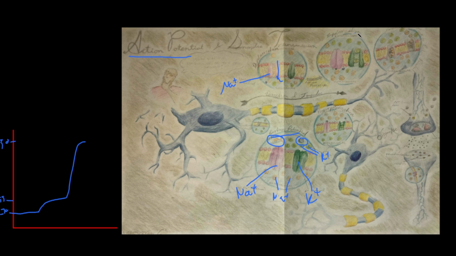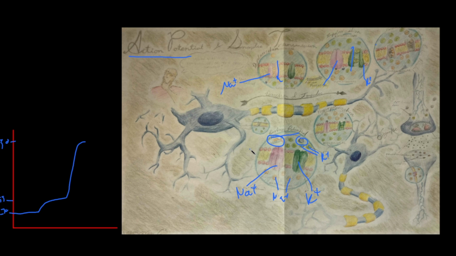The next stage is repolarization, where the sodium channels are closed, as you can see, and the potassium channels are open, which is signaled by the positive 30 millivolt membrane potential. This is the sodium channel, they're open. The potassium ions also flow down their concentration gradient from the inside of the cell to the outside, which is the opposite of sodium. This lowers the membrane potential so that the neuron can get back to the resting potential,